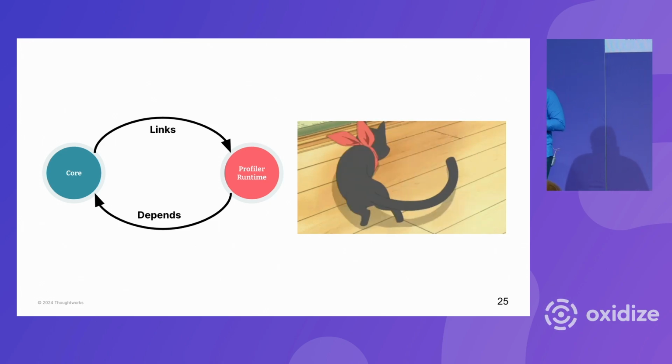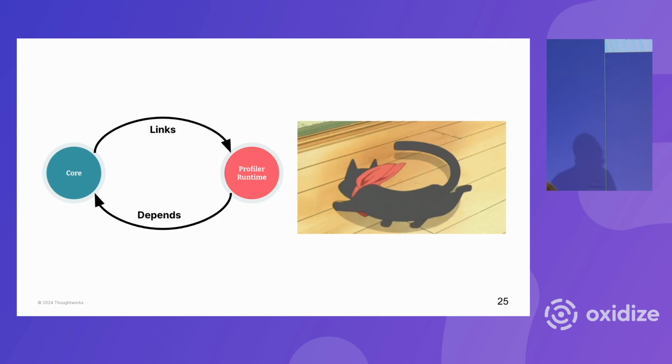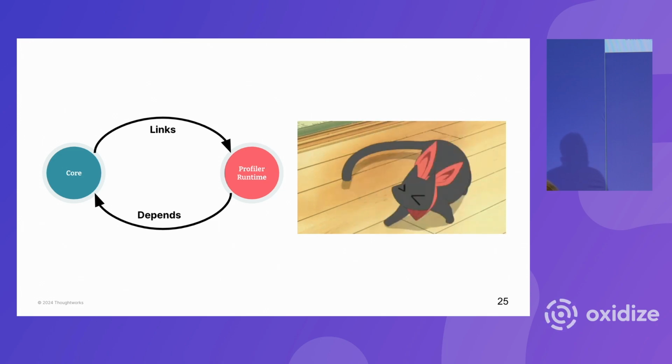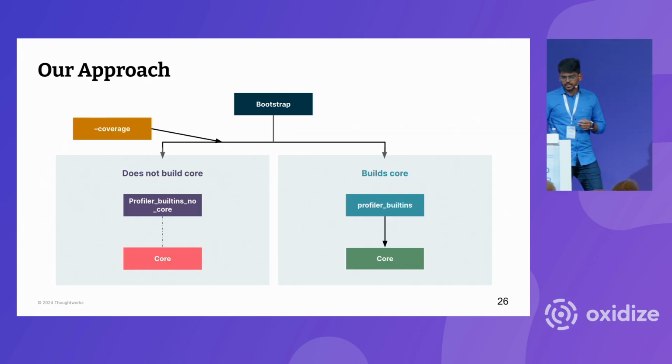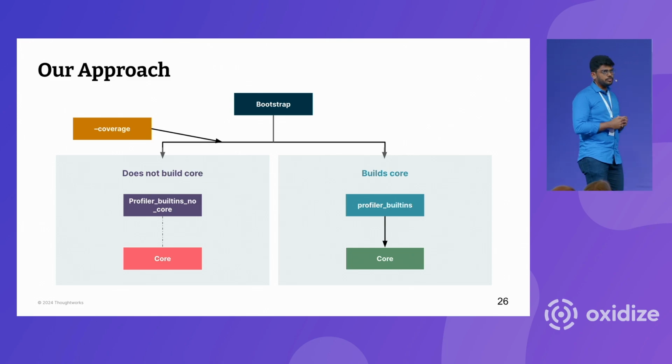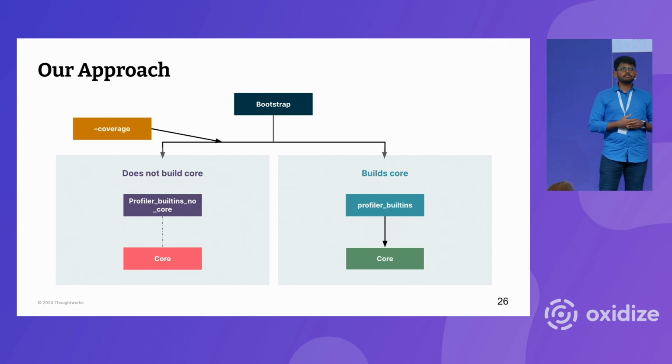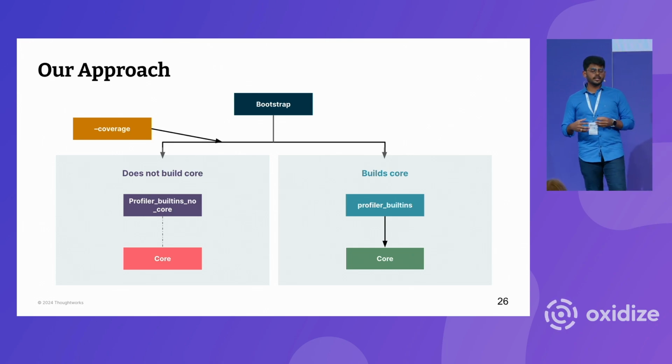There should be multiple ways to fix this. One straightforward thing that we came up with is to add a new flag to the bootstrap. Bootstrap is the process of building the compiler. It's a script. Currently it initially started as a Python script, but it also has Rust